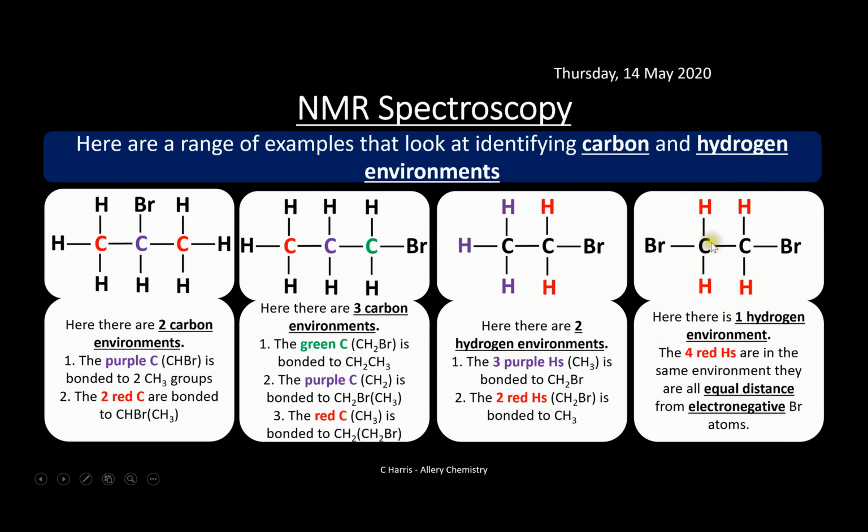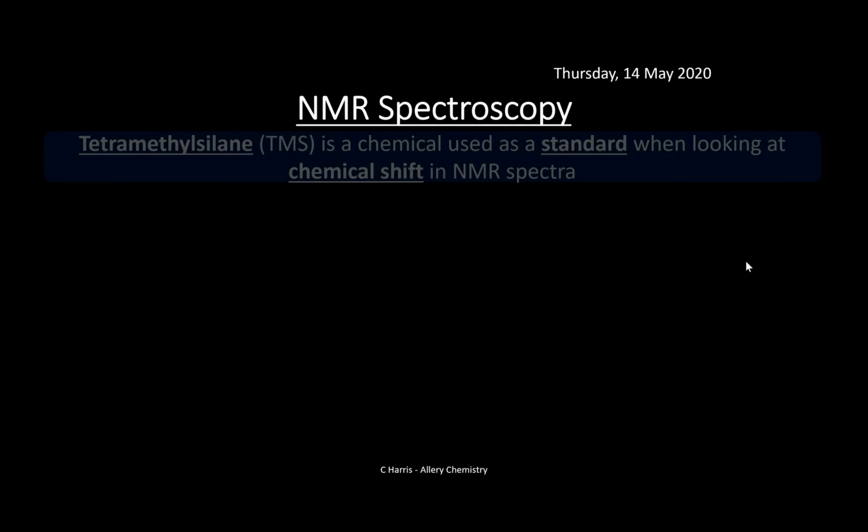So they're both bonded to carbons connected to bromines. So they're all in the same environment. So the NMR machine would pick up that there's only one hydrogen environment here. They're all experiencing the same environment. So there's four hydrogens obviously in this environment here, and also you can tell it's symmetrical. So where you've got symmetry, you don't have as many different environments if you've got some symmetry in your molecule. Okay. Right, so